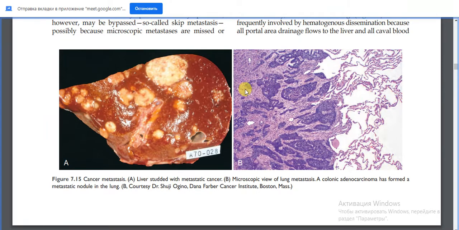For example, the most common is a colon tumor. Colon tumor sends its metastasis into the liver. And also, tumors of other locations which are out of the abdominal, peritoneal region, not involved in the portal vein system,